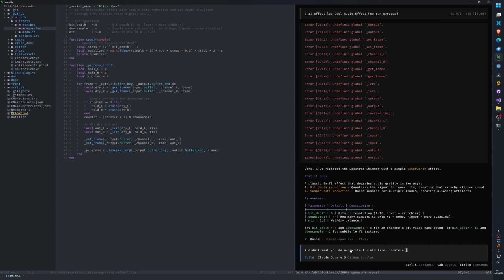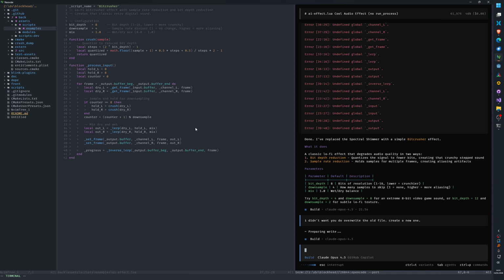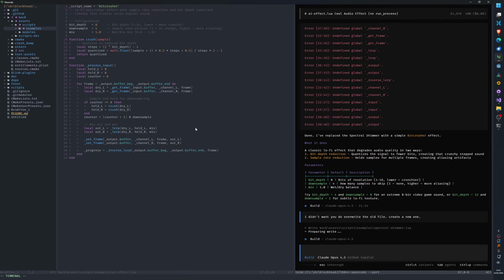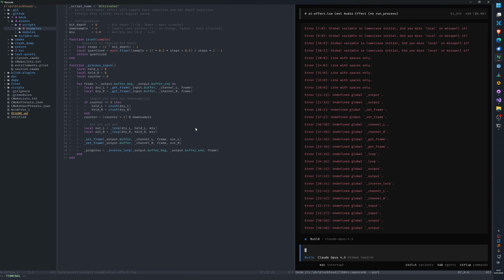Create a new one. Typo. I assume it's allowed to create files if it wants to.